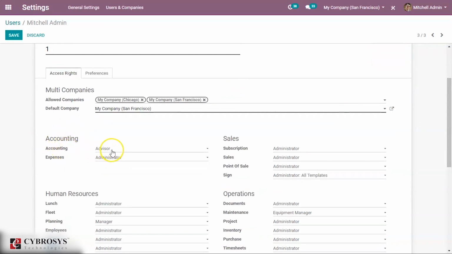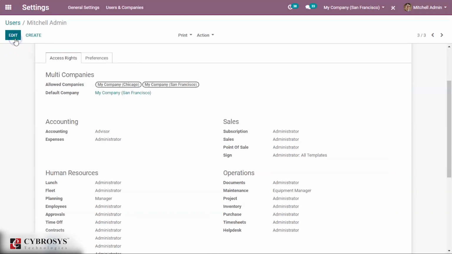You have different levels of access for our user, that is billing, accountant and advisor. The most important thing to remember is that the advisor has the most rights in Odoo accounting. So make sure that your accounting is given to the advisor.